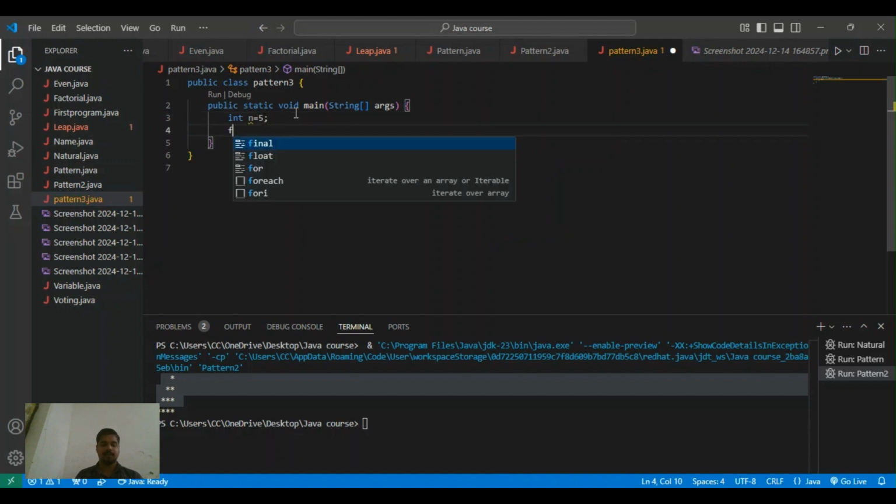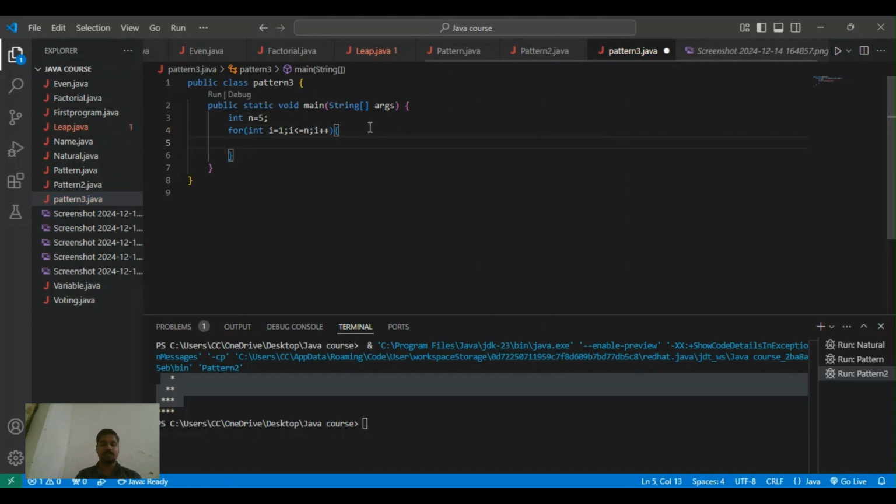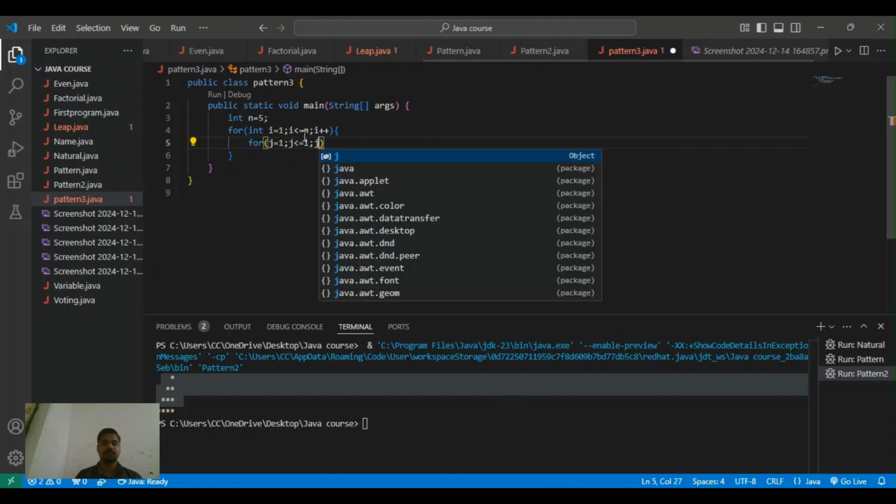And after that we need a for loop, int i is equal to 1, i goes till n, i gets incremented, and after that we need a for loop for the column, j is equal to 1, j is less than or equal to i, because the number of rows is equal to the number of digits. So j plus plus,